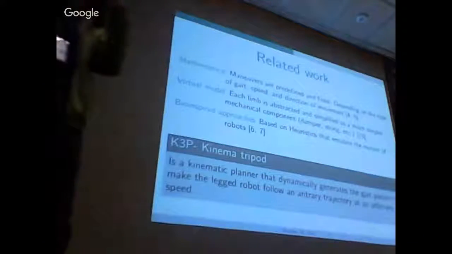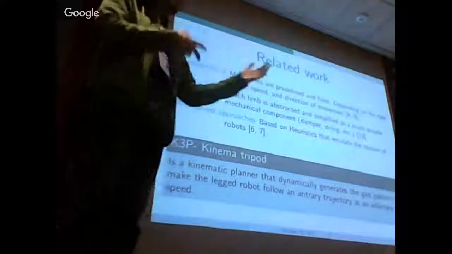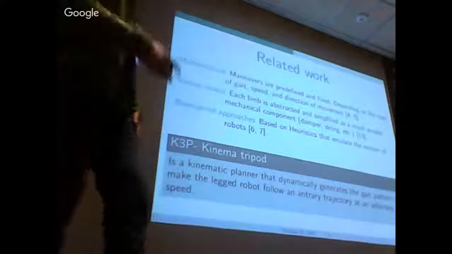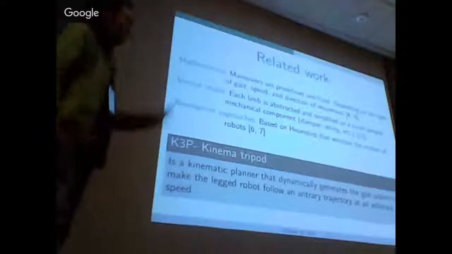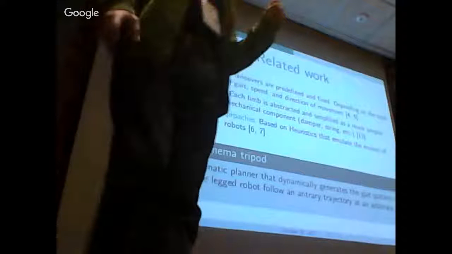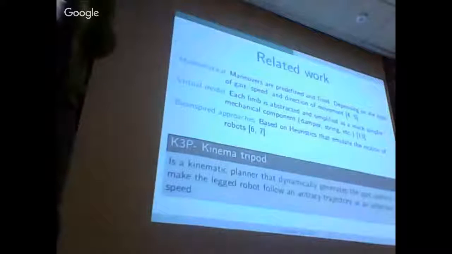Depending on the input, they generate a cyclic output, and this cyclic output is mapped to the motion of the links. Right? So instead of this, the algorithm we propose is a kinematic planner for the robot